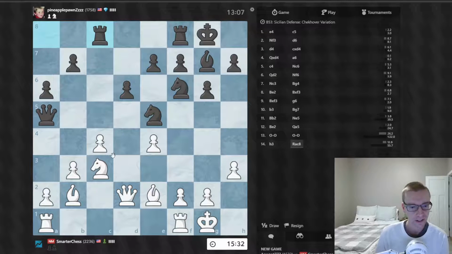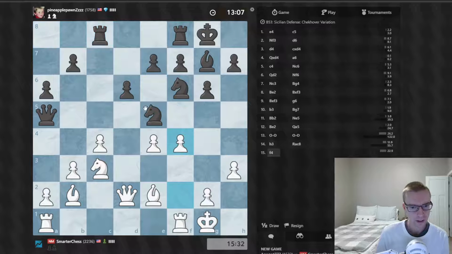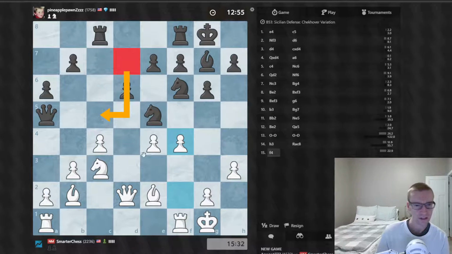All right, we see rook to c8, hitting this pawn, probably looking at b5 ideas still. Let's go ahead with the f4 plan, forcing that knight to retreat, either to c6 or d7. d7, it could be heading out to c5. c6